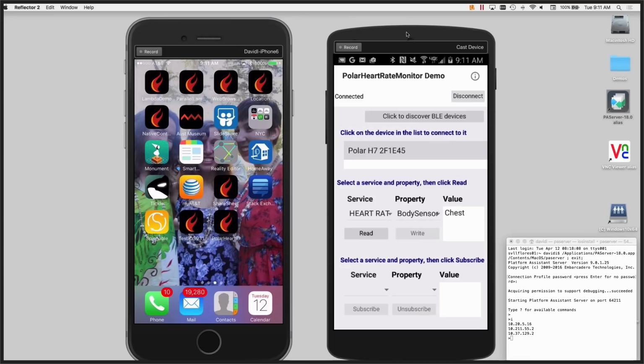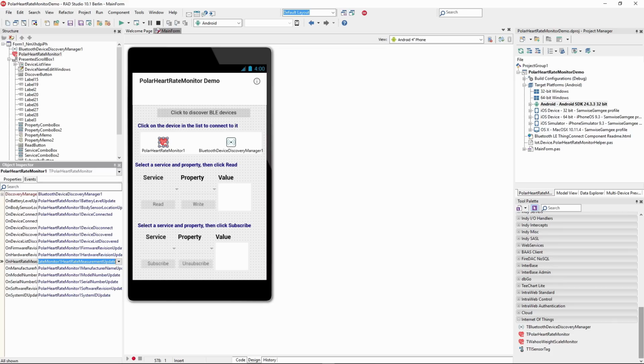Go down here to the services. In this particular case, the heart rate. I want to do the heart rate measurement. And it's a notification property, so I can subscribe to it. And it will start displaying the heart rate. If I start moving around, you'll see that my heart rate goes up as I was standing up and sitting down for a moment. While we're subscribing to the heart rate measurement, if we go back to the heart rate